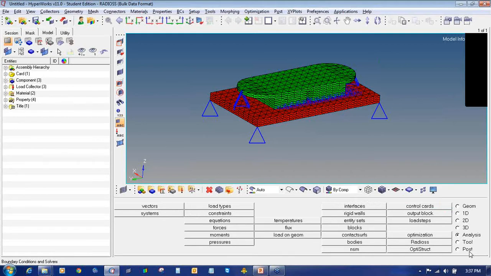Then retrieve the friction data from the DMIG card and define analysis parameters. So we will retrieve the punch file for this and then we will define the analysis parameters. So I will go to analysis. In analysis, I will select control cards.